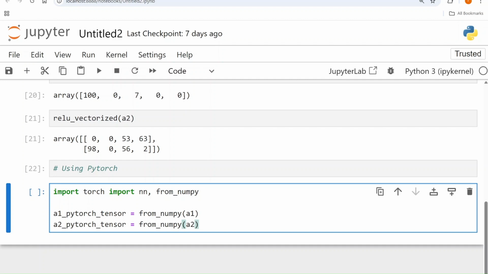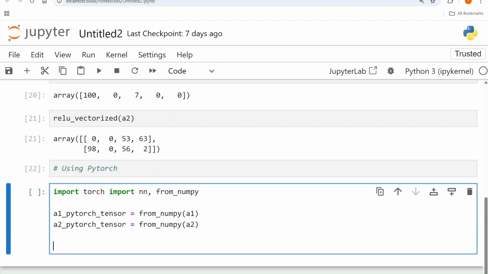So we have converted these into tensors. Now from the nn module of Torch we can have the ReLU function. So I'm going to define this ReLU as relu_pytorch to differentiate from the other ReLU functions that we have created above. And for this we can just use nn.ReLU, which is already available.